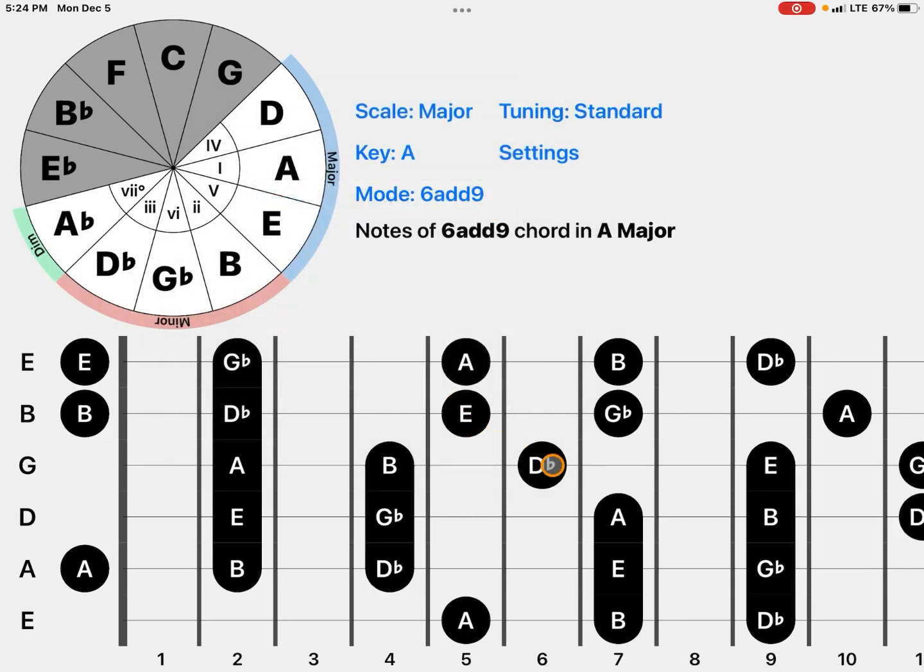Alright, so I can show you that with the mouse. There's the diagonal line I'm talking about. And this should be a C sharp, right? They've chosen to use flats, but